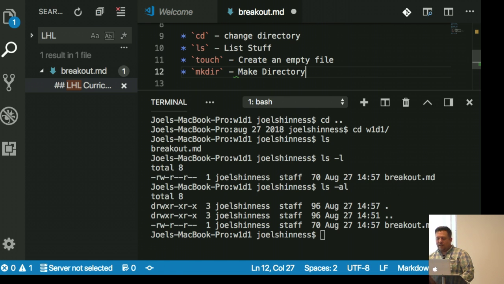Make directory. So here I'm going to make directory, and I can give it a name. If I want to have spaces in that name, I should probably use the single quotes or the double quotes. So I'm just going to call this project, and then I can touch